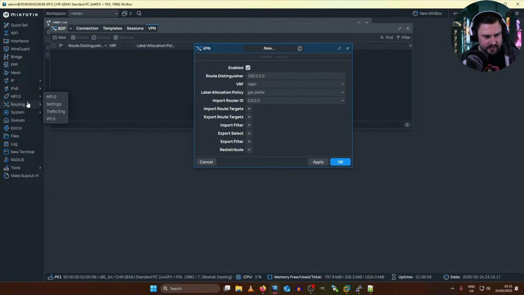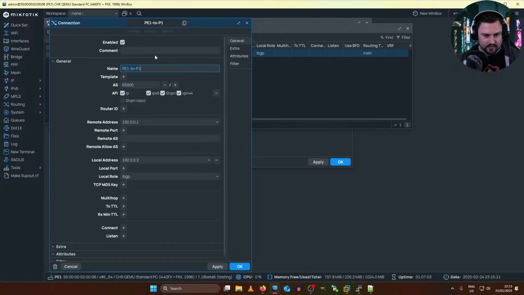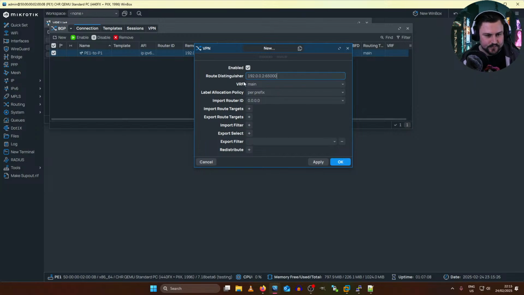Let's just have a look at my routing quickly. Well, I was already there. Yeah, so that was my ASN. And then I can now set which VRF is this for. Well, this is for the customer 1 VRF. Then we can do a label allocation policy per VRF or per prefix. I'm going to use per VRF.